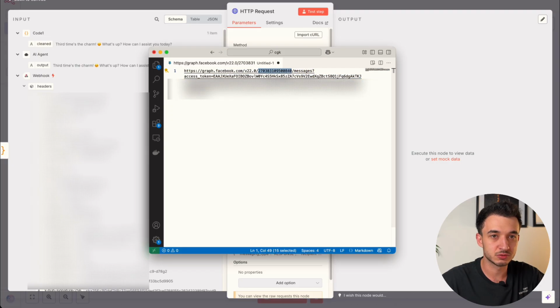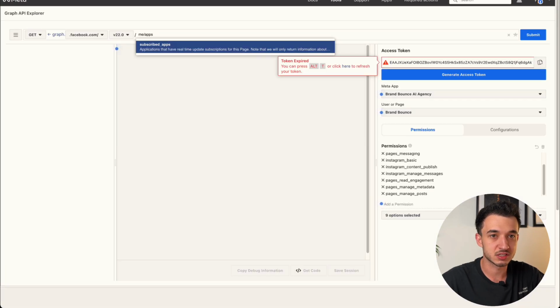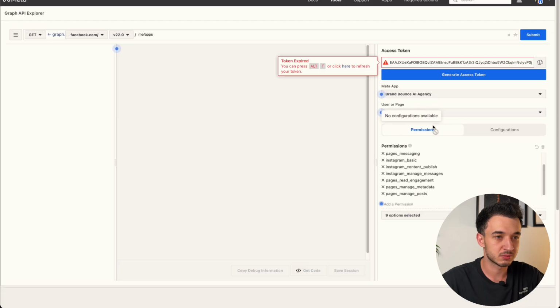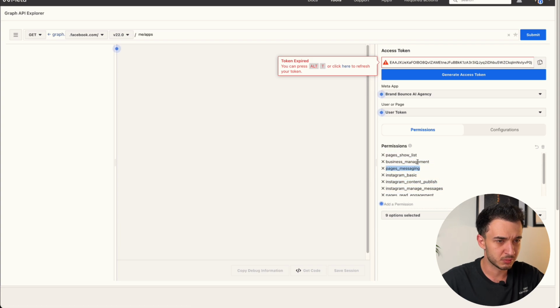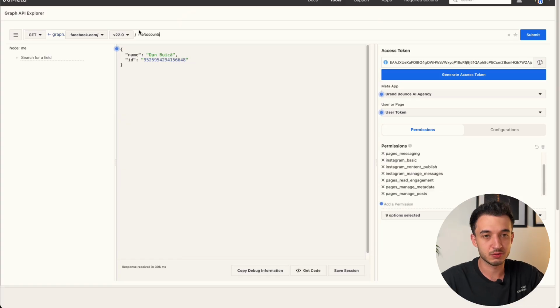For the page ID, go to developers.facebook.com/tools/explorer, and in here you'll have to generate a token. So press on user token right here. The app should be your app that you just created, and then for the permissions you'll need to add those. Pages show list, business management, pages messaging, Instagram basic, Instagram manage messages, and I think that's pretty much it. So just press on generate new token. You'll be asked to sign in with your Facebook account, and write here